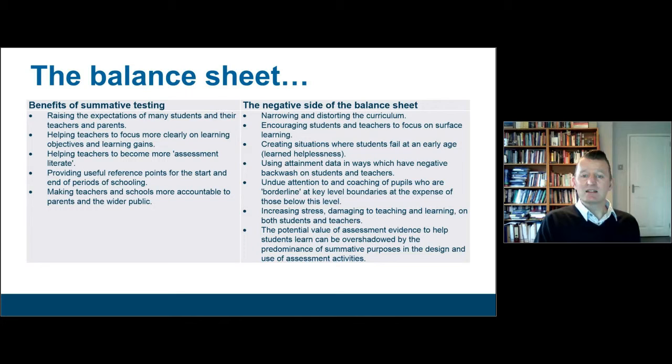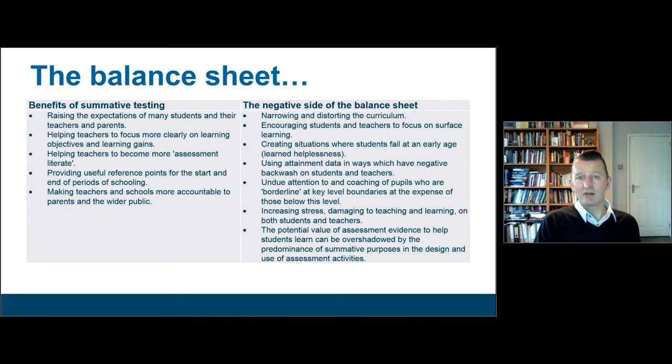And that leads us, as teachers, often to give undue attention to coaching pupils who are borderline at key boundaries at the expense of those below the level. So in the UK system, where a grade C is widely seen as an acceptable pass, it's very common for teachers to invest a lot of time and effort in students who are predicted to get a grade D, because that's widely seen as with a small effort and a small additional achievement, the child will tip over into the